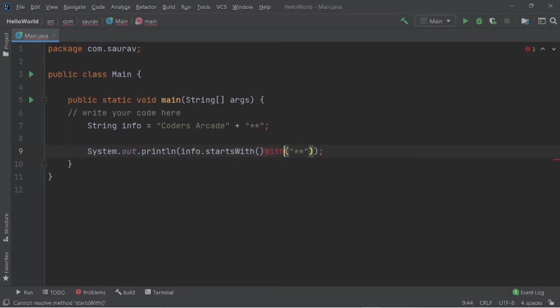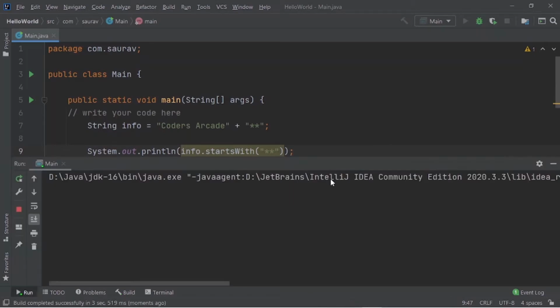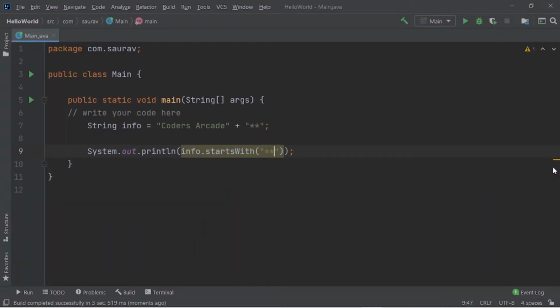Because of this startsWith, we can also check whether our variable info starts with some particular data or characters or not. I have taken asterisk. Let me run this. It will give you the result false, because our string doesn't start with asterisk. As you can see here, it's false. So these are two very important methods, startsWith and endsWith.